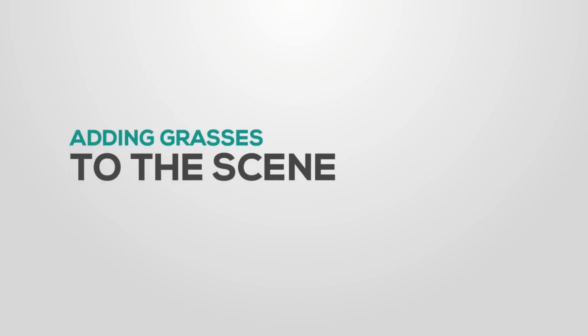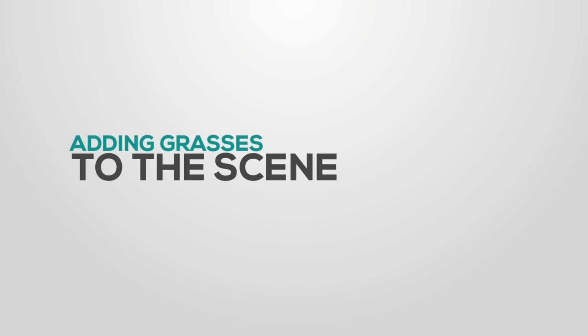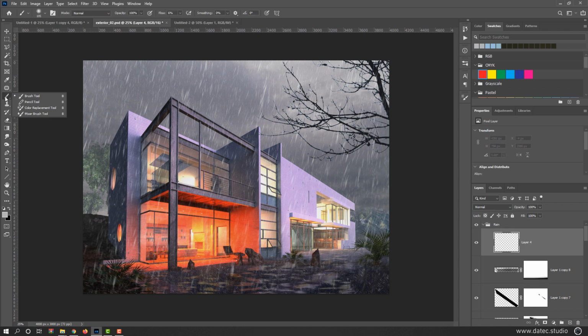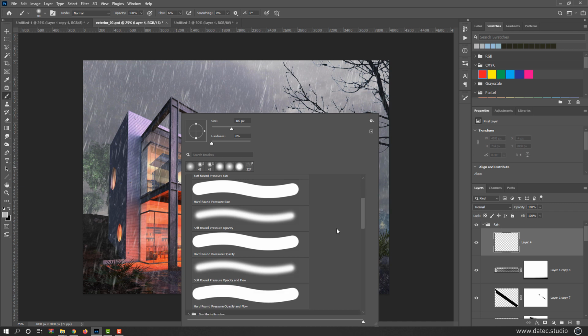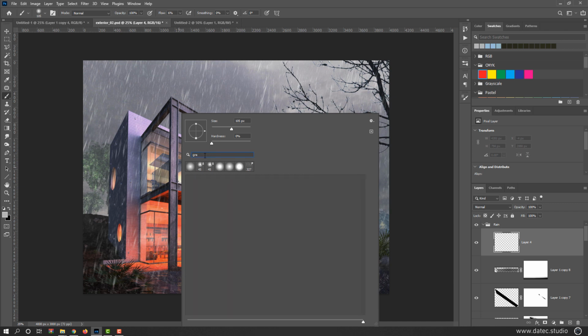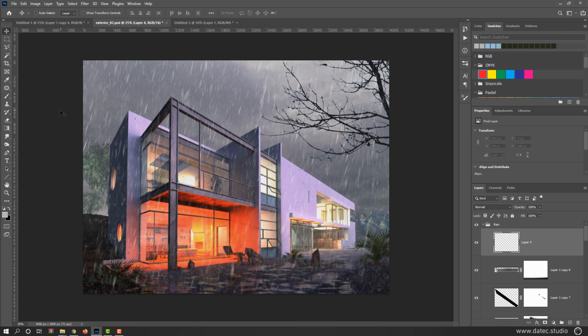If you'd like to add grass here, I know some people use a simple brush to create grass. For example, allow me to create a new layer. They use a simple brush and find some kind of grass brush here. You could search, of course; in the new versions they're gone, so you should find them on the internet. But I recommend you use real nature grasses, and for cutting edges and blending into your scene, use the